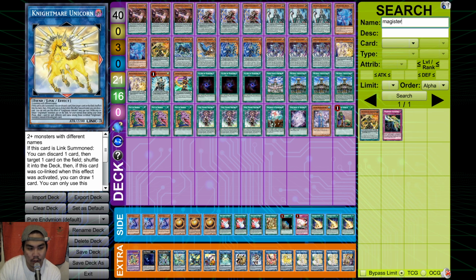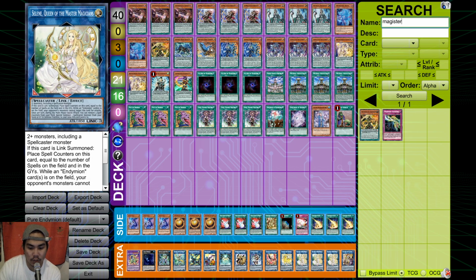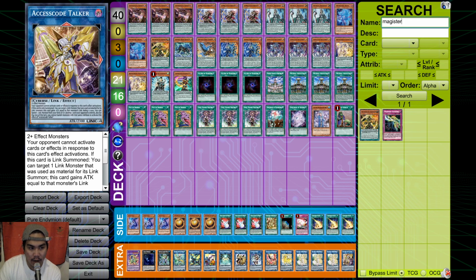Phoenix and Unicorn, not much to say. They're generic removal. They're nice to make with IP. You play Triple Selene because she's literally crazy, one of the best cards in the deck. And then I have an Access Code Talker here. I just replaced the old Link 4 I used to play, Abomination, with Access Code Talker. The reason why I play Access Code Talker now is because if you look at your extra deck,